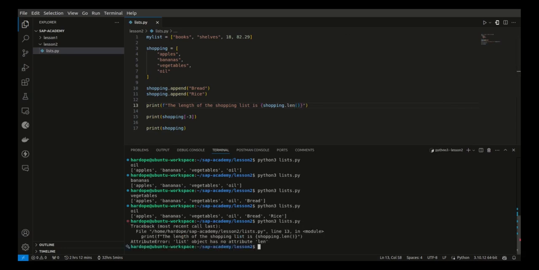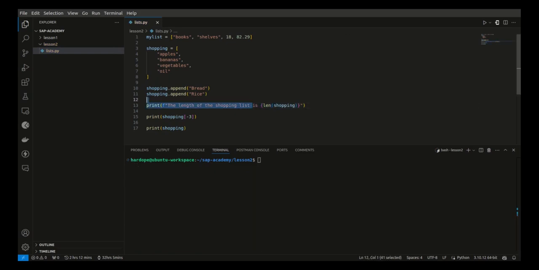So now when I run my code again, I think the len is length. And when I run my code again, we have the length of the list is 6 because we have 6